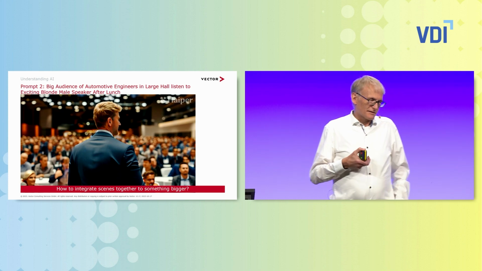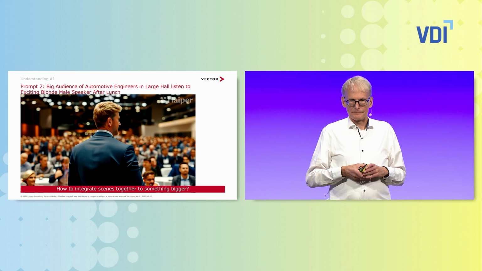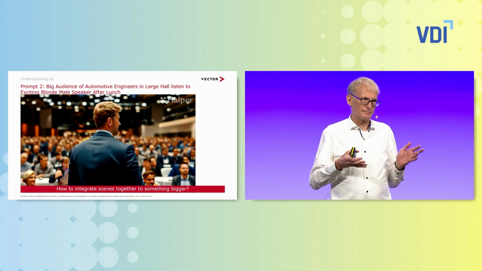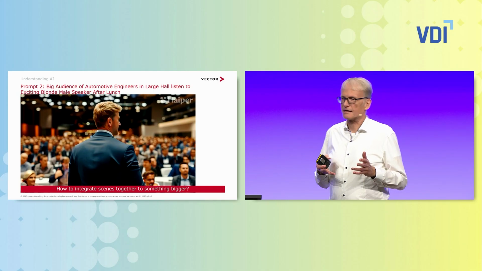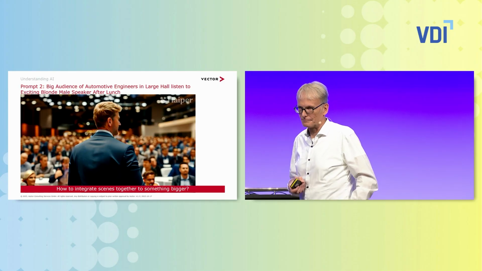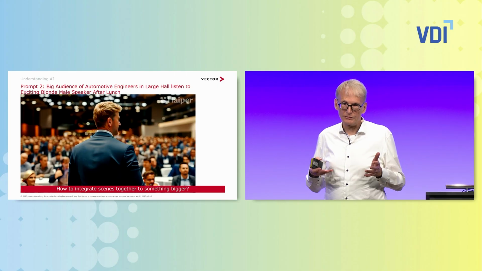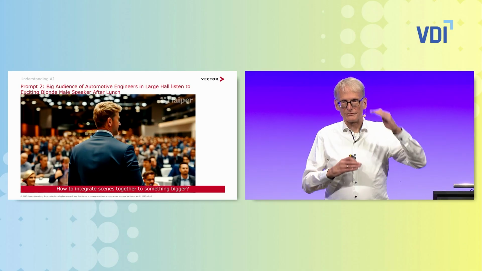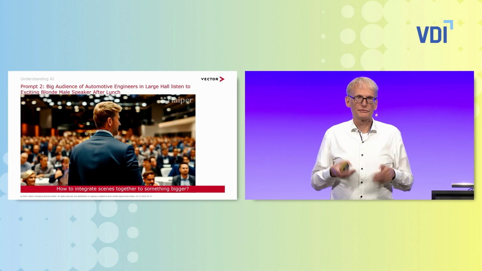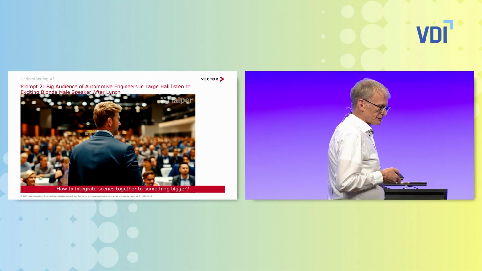So, but then the problem is, how do we integrate the scenes together? If you look at the results, they're not quite the same. Both are pleasing, but they're not quite the same. So how do we match them together? Because in our application of GenAI in automotive, it's not the single line of code, it's the whole software that counts. Now we need to integrate the software elements together to get the working software.